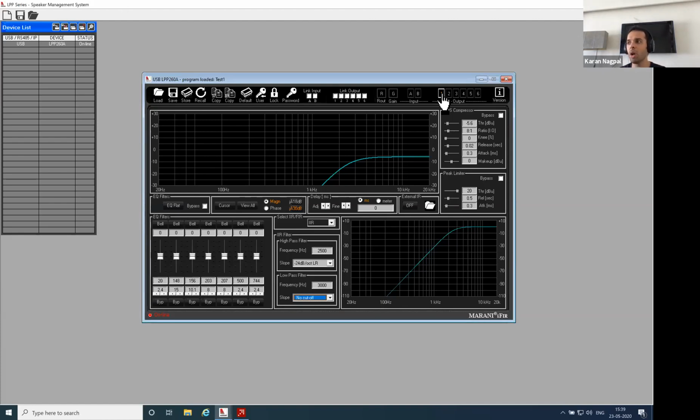Now, for example, if I'm using a two-way box, which is what I'm going to be demoing right now, with a passive crossover, I would just use the input because I'm not going to be using much on the output side, since it's already got its own crossover built in. But if it's something like an Adamson S10 line array where directivity is a concern, I don't want to use the input.